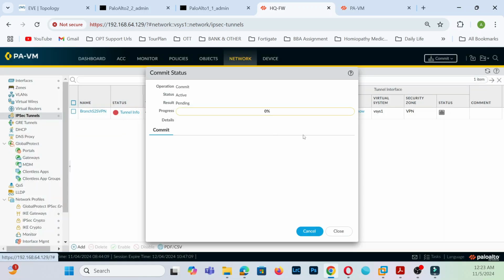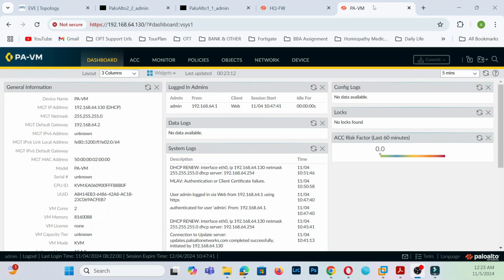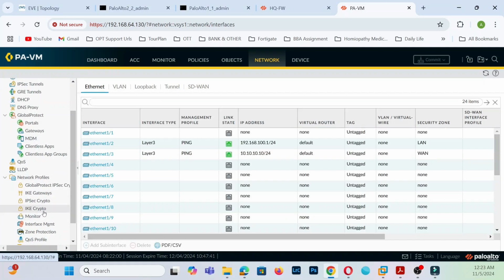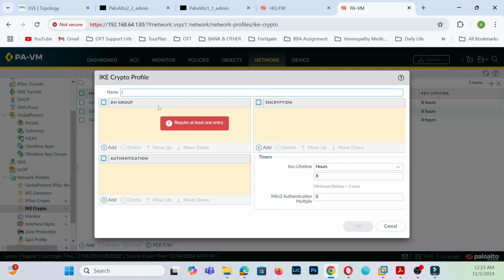You can see it is already showing here. Now I can log into the branch firewall, and the same way you can go to the configuration. I can configure the tunnel configuration. Now the IKE gateway configuration. Now I can add here and name it HQ